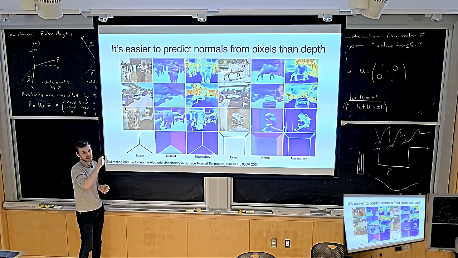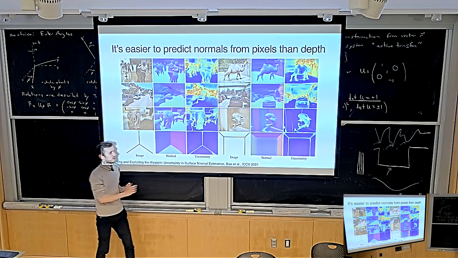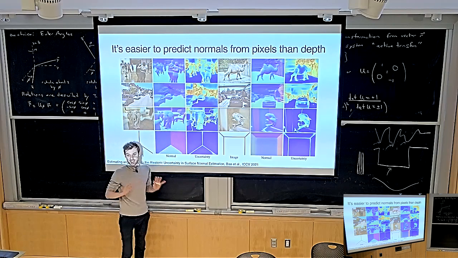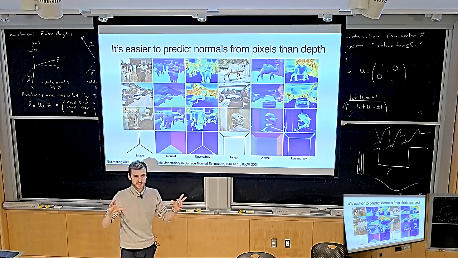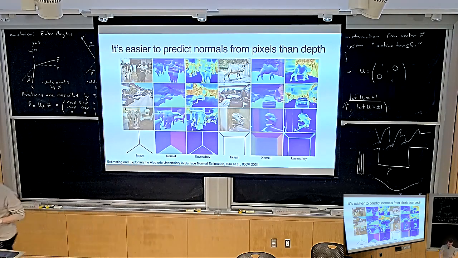However, surface normals are a local property of the scene. So it can predict the surface normal of the elephant and the room that it's in just fine, because it doesn't have to reason about the global scale of the whole scene. This is just a really neat little thing that is interesting to be aware of. Sometimes it's unintuitive how big of a difference it makes to switch modalities a little bit. And maybe all you need is surface normals. Okay, good.